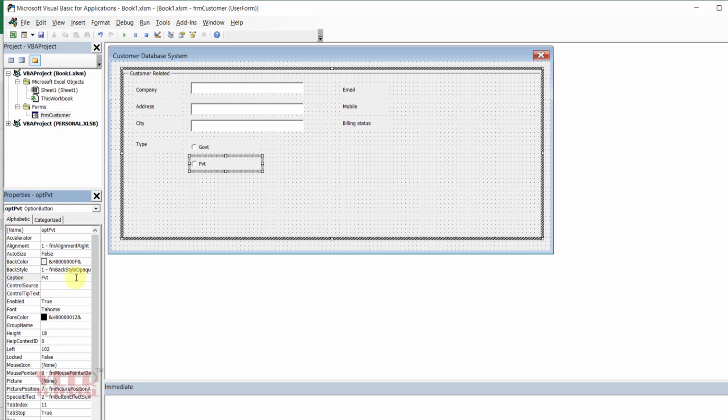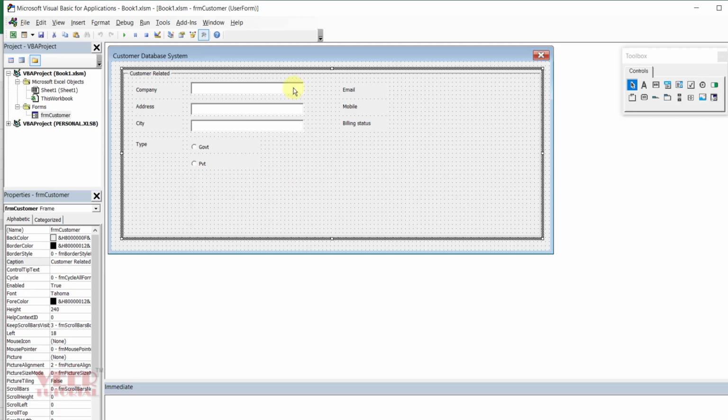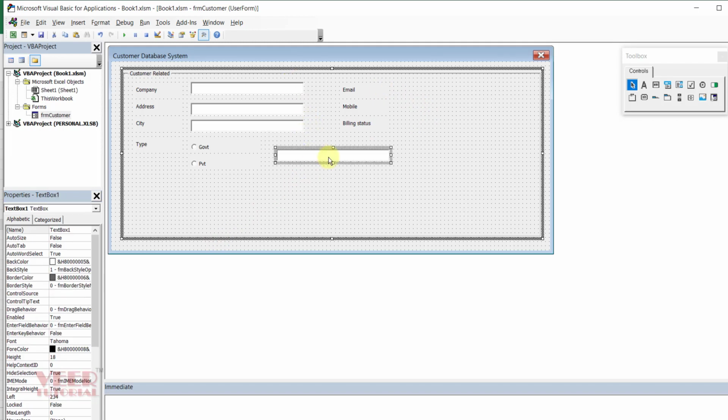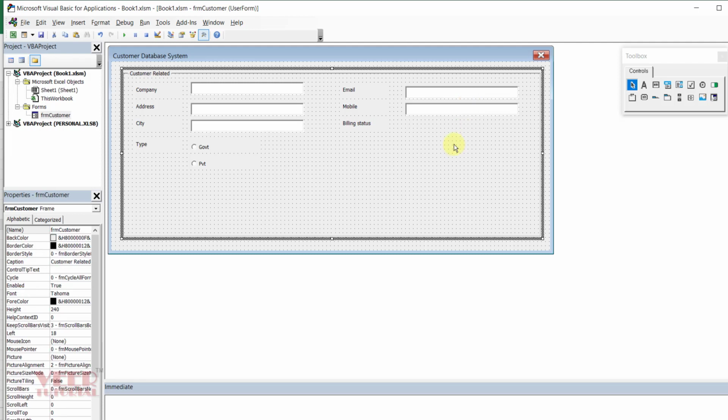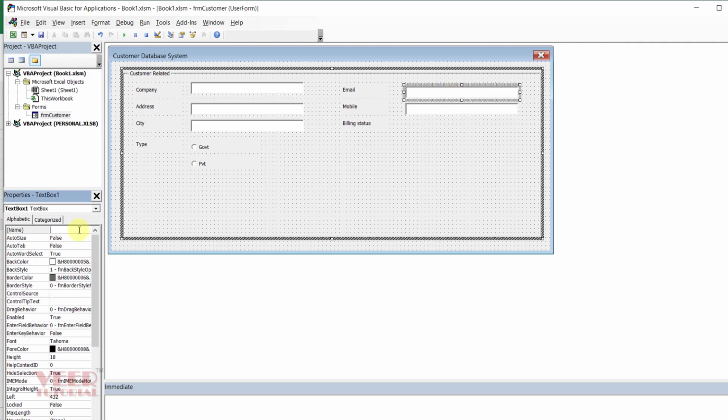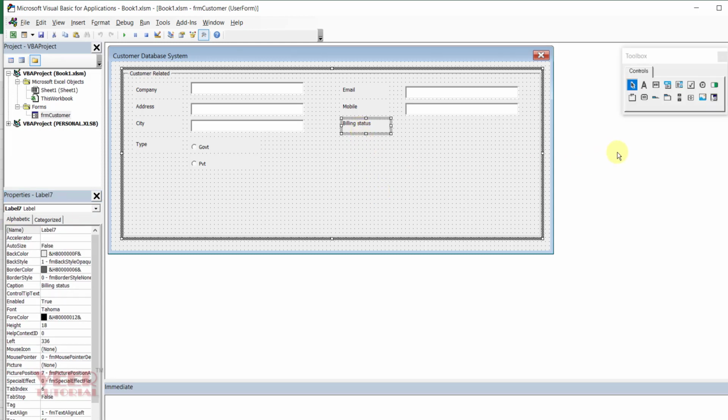to PVT. That's it. And now I will copy paste for email, copy and paste for mobile number. I will change the name txt mobile, sorry, it is for email, and this is for txt mobile. And for billing type we would like to use